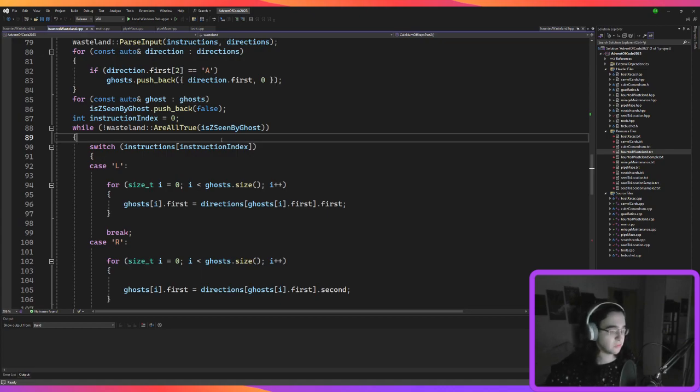It does the same thing again and goes the same route again. So basically, the ghost that starts on A and probably ends on ZZZ. I didn't check that, but let's say that's the route. He starts on triple A and ends on triple Z. He takes this route, and first,